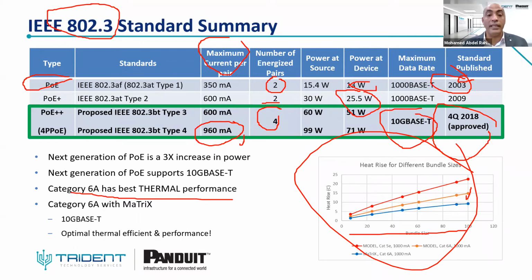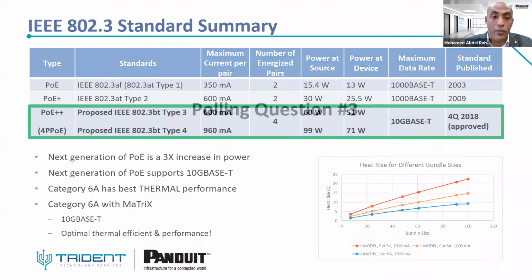So the recommendation from the TIA and from the ISO is to use Cat6A cable, and extra, if you have a wrap foiled cable between pairs, to increase the thermal performance and keep the conductors cool. The main requirement to keep the conductors cool is using Cat6A cable, and if you use shielded solutions or wrap foiled cable, it will be an extra benefit for your performance.